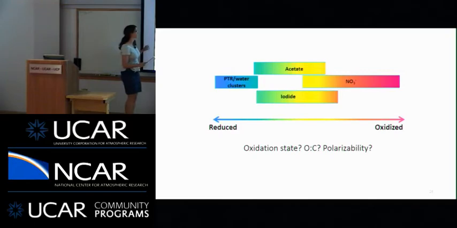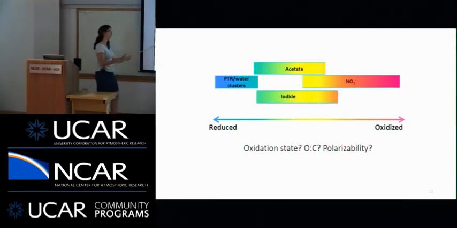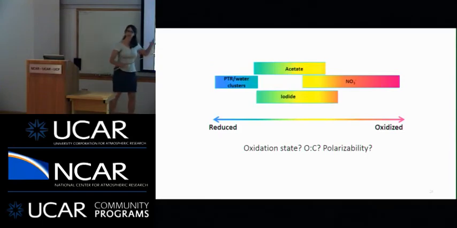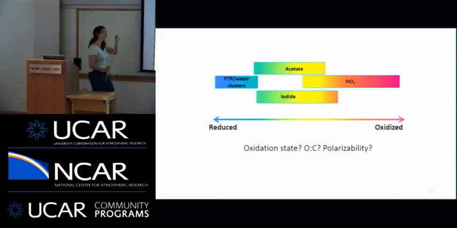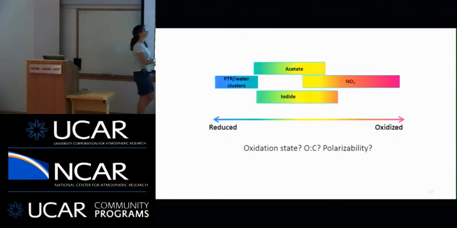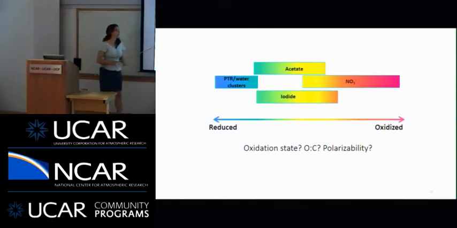But if we look at these figures and we go back to our image of how these different ionization techniques work along our axis of reduced to oxidized, or perhaps it's oxidation state or O to C or polarizability, nobody seems to really know. But if you choose your axis and you think about these different types of reagent ions: PTR does an amazing job measuring hydrocarbons, and it measures quite a few of the lower oxidation state, but slightly oxidized molecules. Acetate seems to cover a fair amount. I- is perhaps slightly more oxidized molecules than acetate, and then nitrate is quite an impressive reagent ion. It seems to measure quite a large variety of molecules.